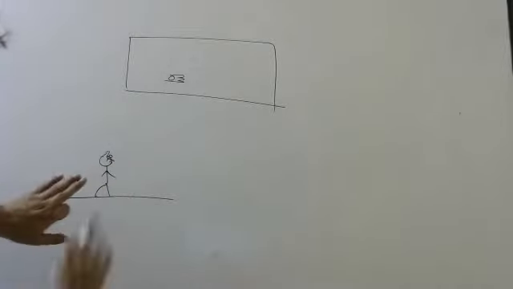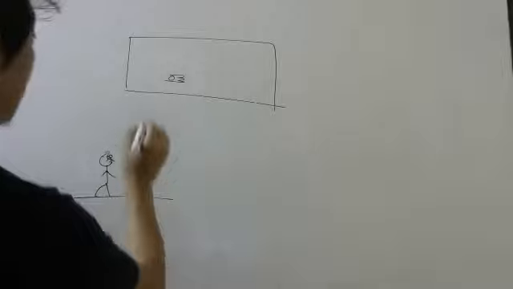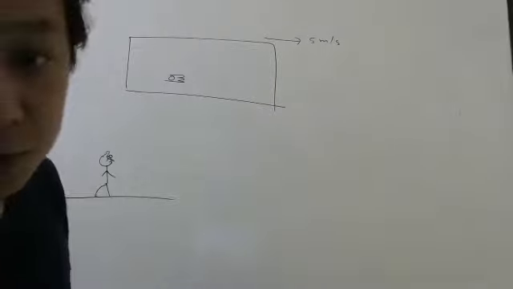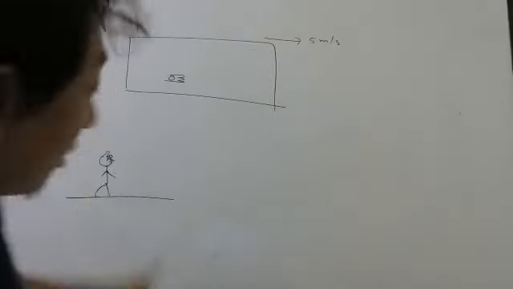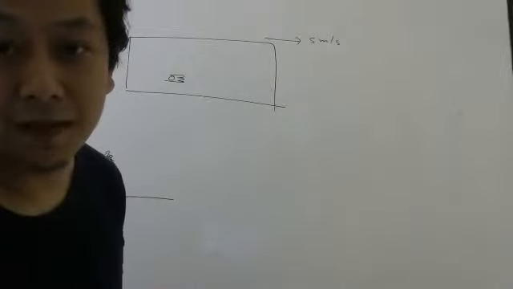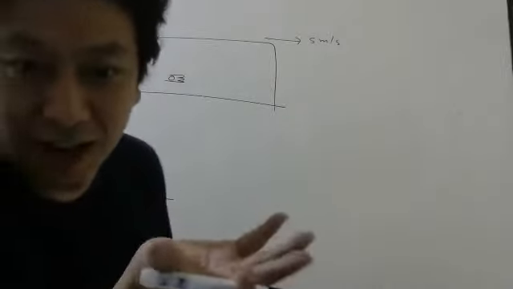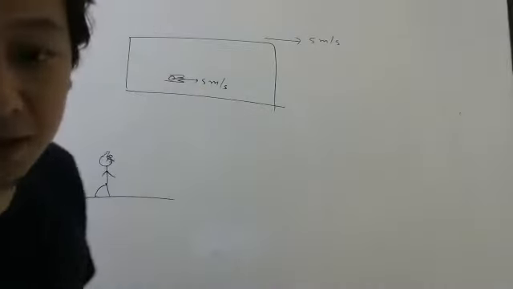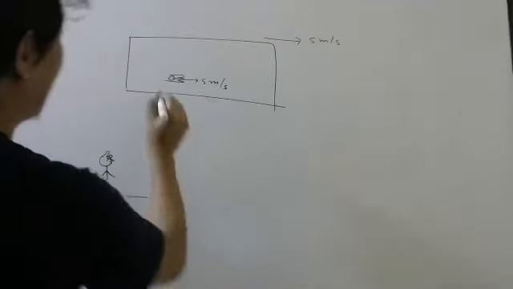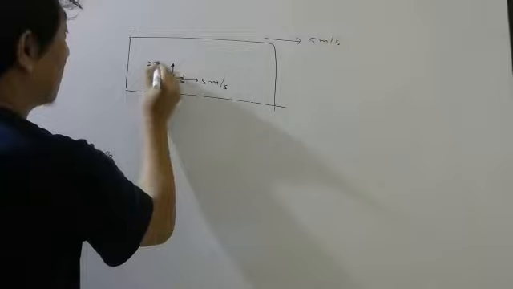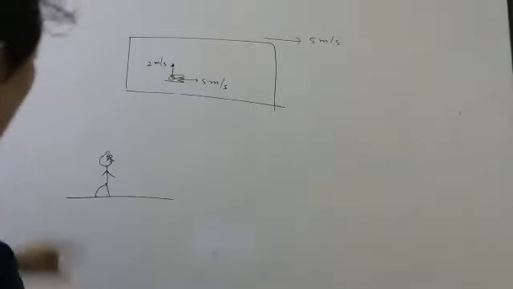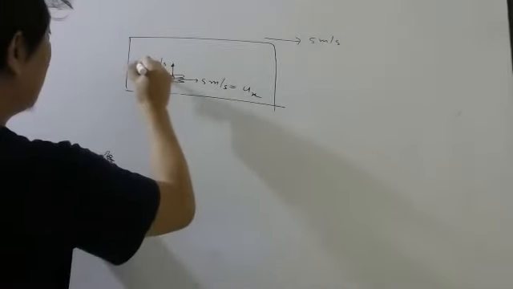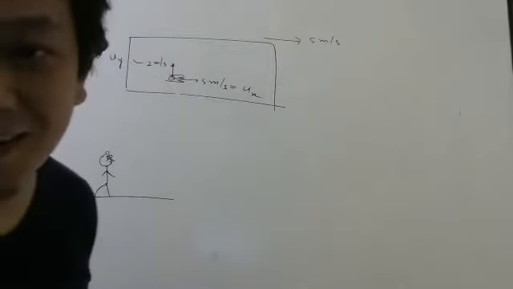His hands are also there. So I will tell you what this person will see. So you have thrown, right now the bus is moving with, let's say, 5 meters per second. So is the ball also moving or not moving right now with respect to this person? Moving. Obviously, the ball is in your hand only. So the ball is also moving with 5 meters per second right now. Now suppose you throw like this, you give it, let's say, 2 meters per second. Then for this person, this will be like your ux, and this will be like your uy. Agree or not?